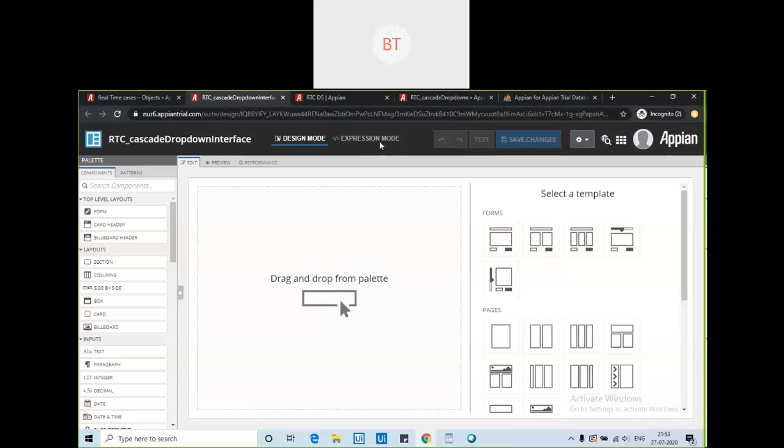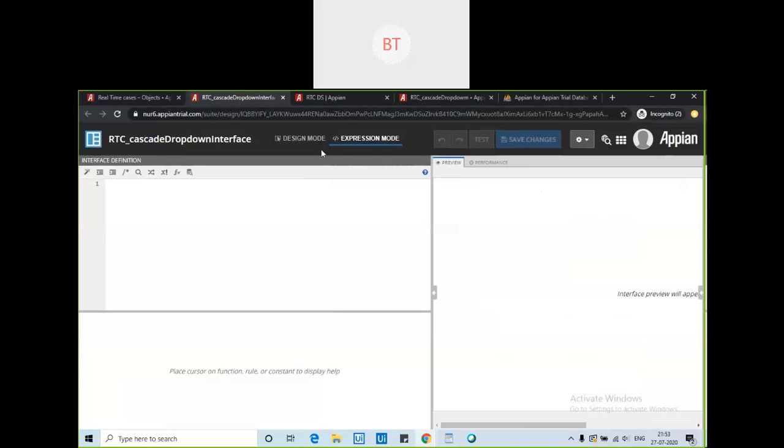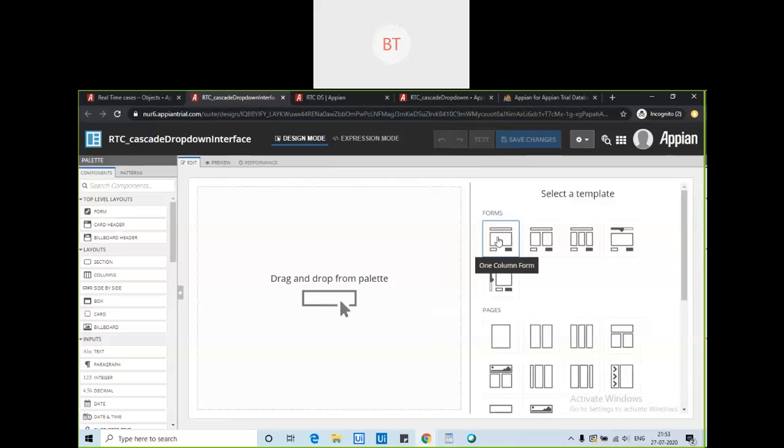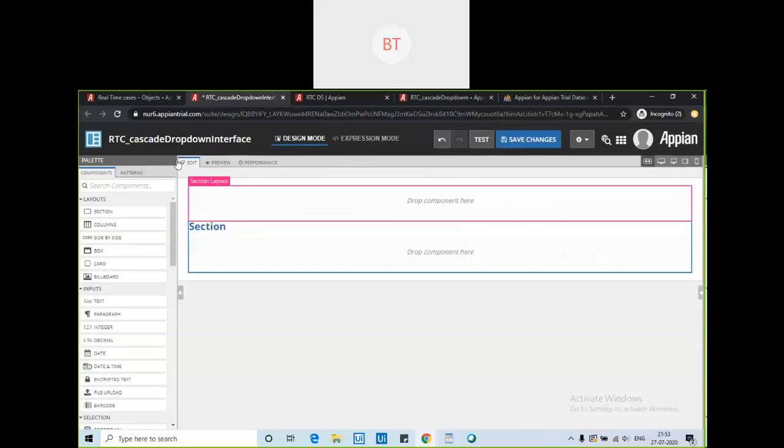One column form. Okay, let me do it, because I don't need any action here.